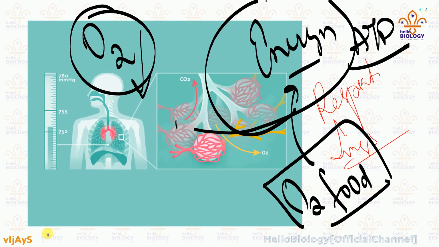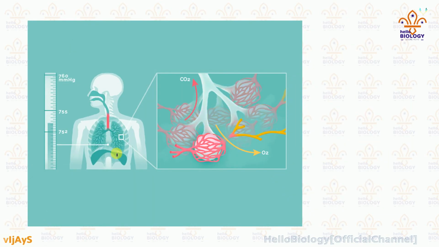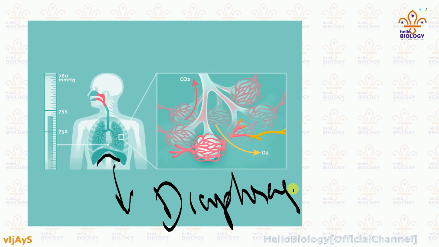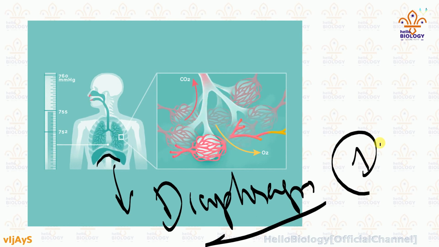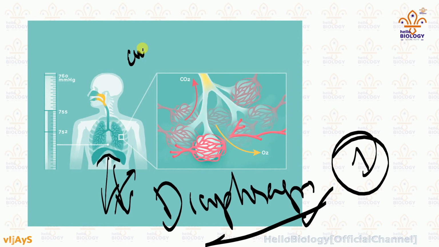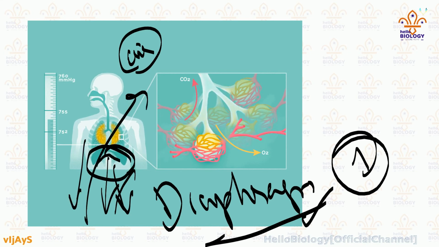Understand it like this: when the membrane is pulled down, that membrane is called the diaphragm. This is important for exams. At least one question will come on the diaphragm. What is the use of the diaphragm? The diaphragm moves the membrane downward and upward, so as to get air into our body and to push air out of our body. That means the diaphragm helps air to be pushed in and pushed out.